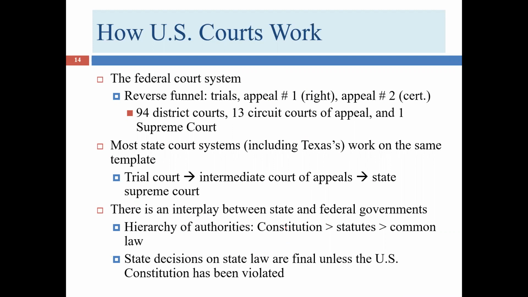So here's a hierarchy of authorities. Obviously, the U.S. Constitution is the most important authority. Everything that happens has to be compliant with the U.S. Constitution. Then the next level authority is a statute. If a statute is constitutional, then it's what controls. We only look at common law when the Constitution is silent on that issue and there is no statute with respect to that issue. Okay, so that's the pecking order. Sometimes people forget this and think, well, the common law could trump a statute. No way that could happen. I mean, the only way it could happen is if the statute were unconstitutional.